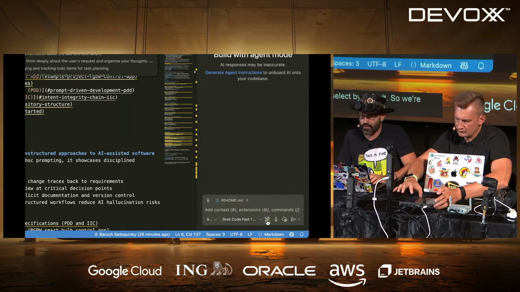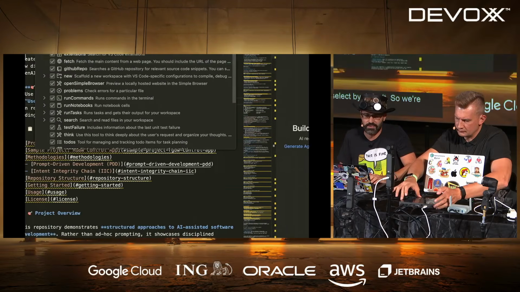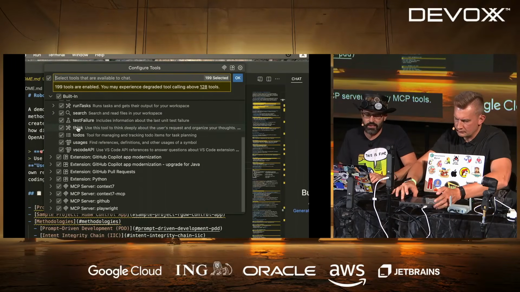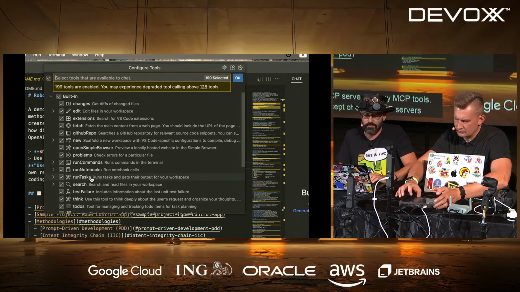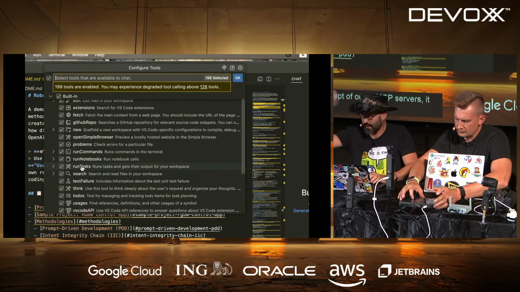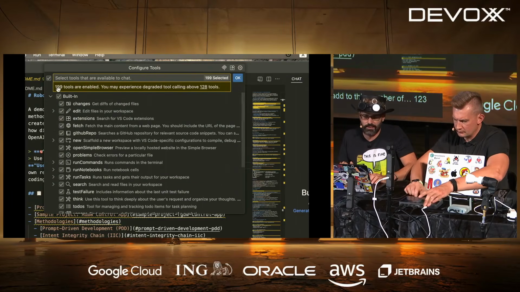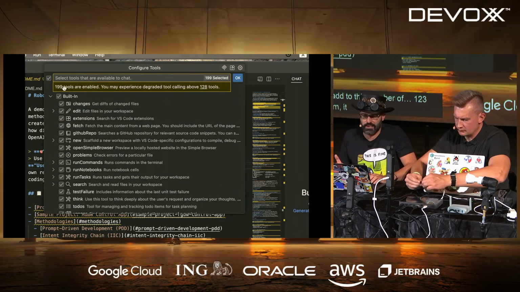This is the list of my MCP servers. They are all of my MCP tools. They are all here. That's 199 because except for our MCP servers, it also has a bunch of built-in tools, which also add to the 123 that we had from Docker Desktop. It says that 199 is too much.